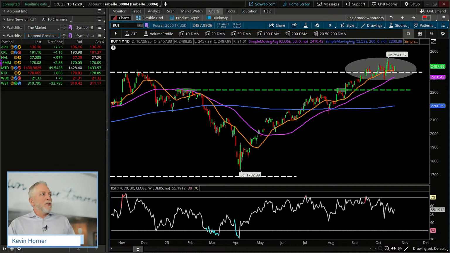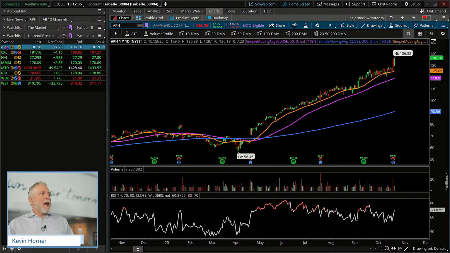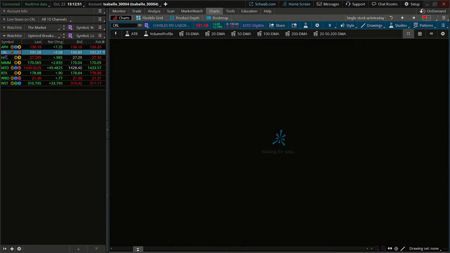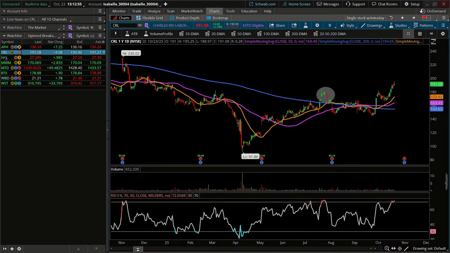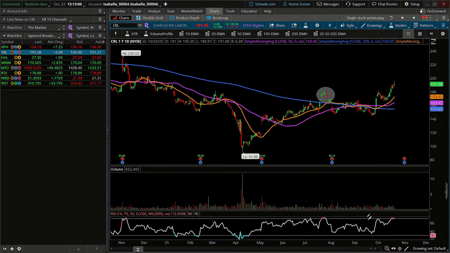So with this in mind, just quickly, looking through these symbols here, I'm hitting APH. I'm looking for stocks moving to new 20-day highs, not necessarily highs on the 1 year daily chart, but just new highs on basically the last 20 days, okay? And so here we move on from APH down to Charles River. That's a new high, and we expect to see volume here looking a little bit more defined, and you can see that the volume in here is certainly bigger spikes over the last few days.